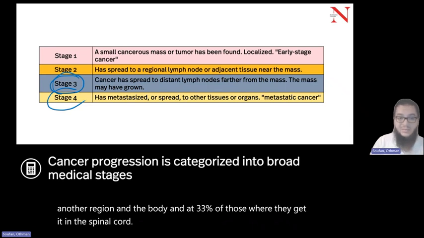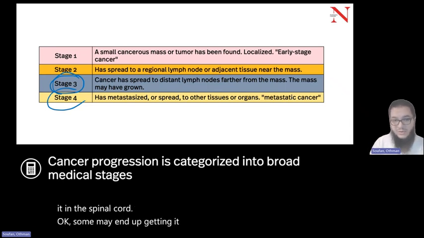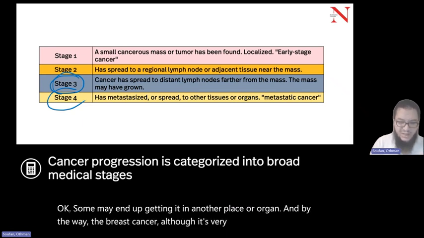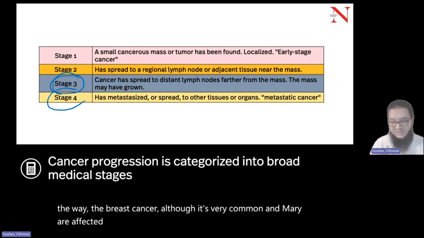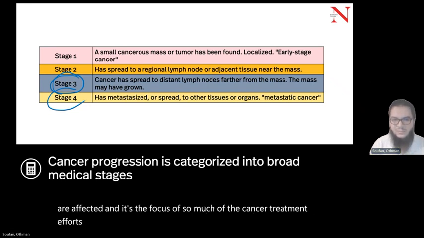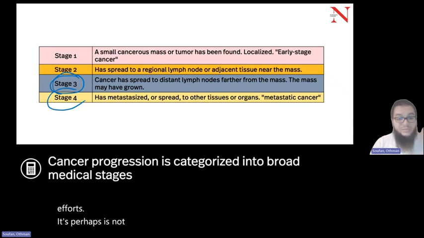Okay, some may end up getting it in another place or organ. And by the way, breast cancer, although it's very common and many are affected, and it's the focus of so much of the cancer treatment efforts, it's perhaps not as severe as brain cancer, as liver cancer, and so on and so forth. But anyway,